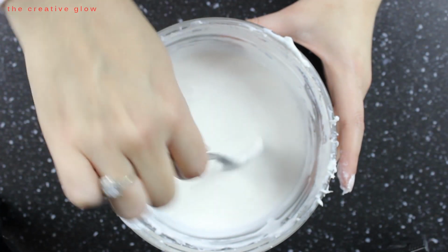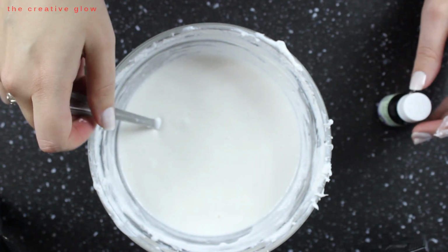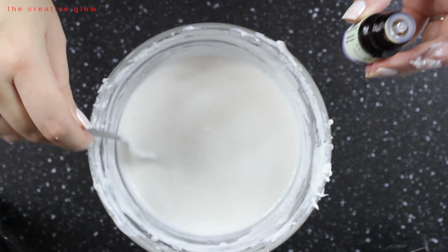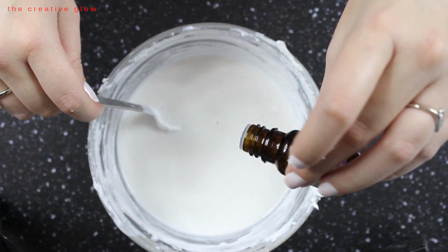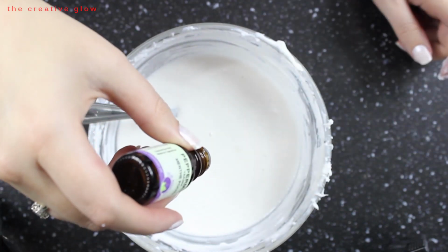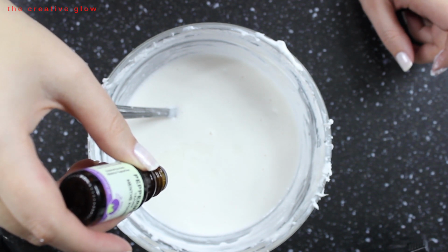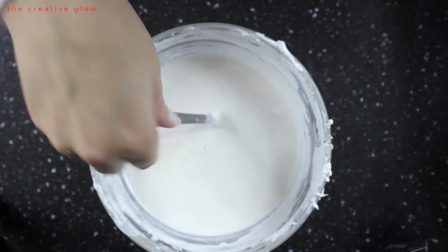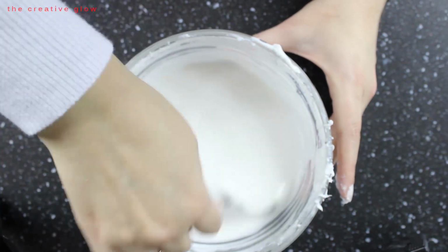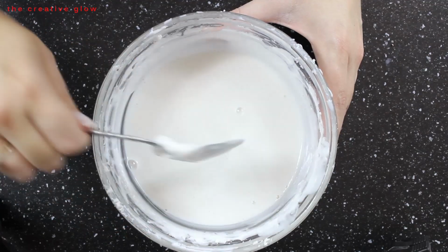From the point that your soap is melted, you need to work really quickly. This is when you're going to add your essential oils. I'm using peppermint essential oils because it's a Christmas tutorial, but you can use whatever you like. You're going to put about 25 drops or so in there. So I'm going to do that. And then you're going to stir your oil in. Once you feel that it is completely blended,